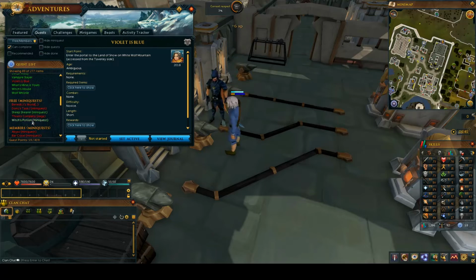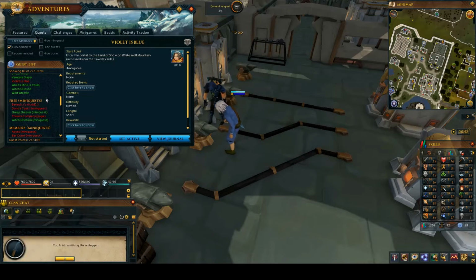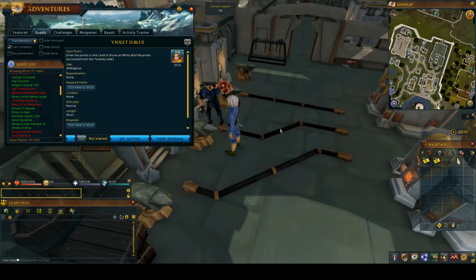I mean, obviously, the Sheep Shearer and the Witch's Potion, classic veteran players will remember. These, I don't remember. Oh, this is from Dungeoneering, I believe. And I don't know what these two are. So that's fun. One other thing, they changed...